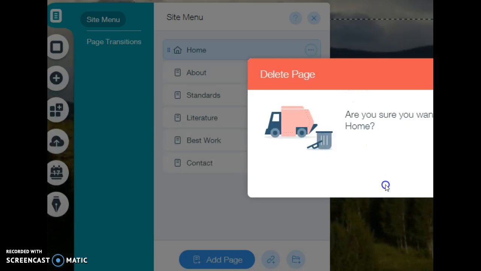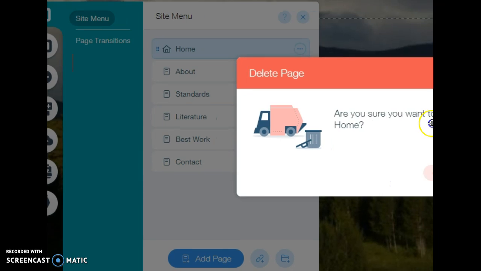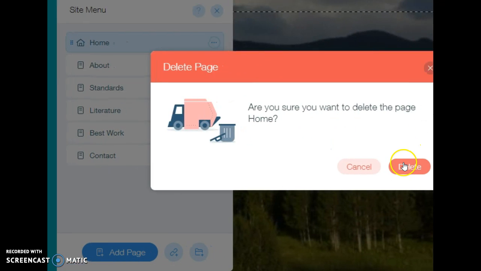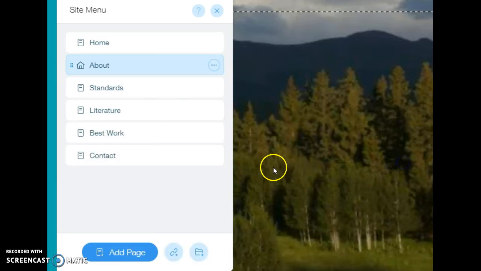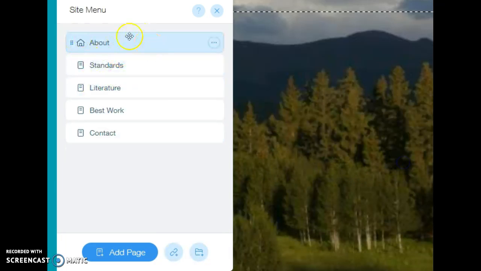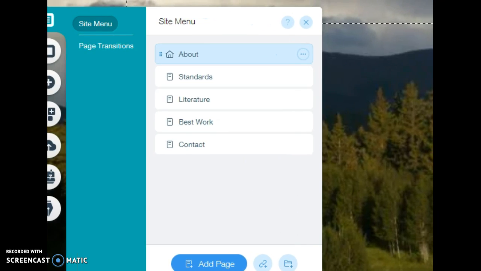Then it's going to ask me, am I sure that I want to delete this? Yes, I am sure. Now, as you can see, the Home disappears, the About moves up, and the icon next to the word About changes to a house. That means About is now my new home page. The next thing I need to do